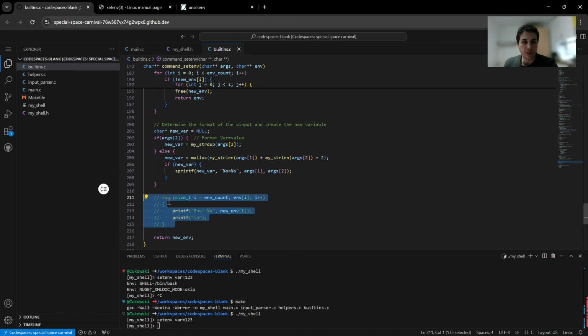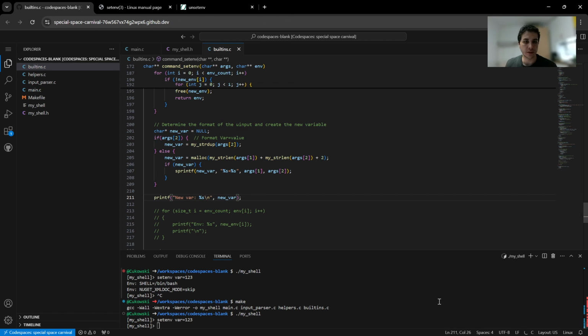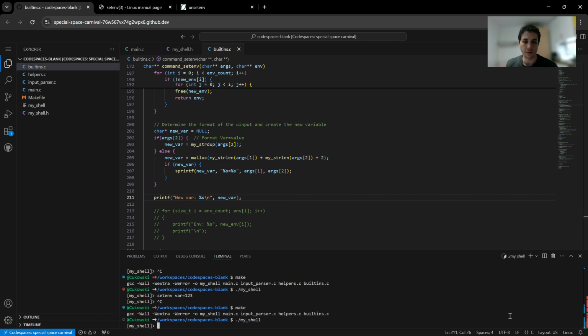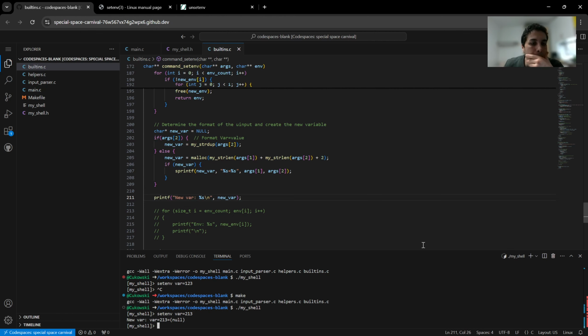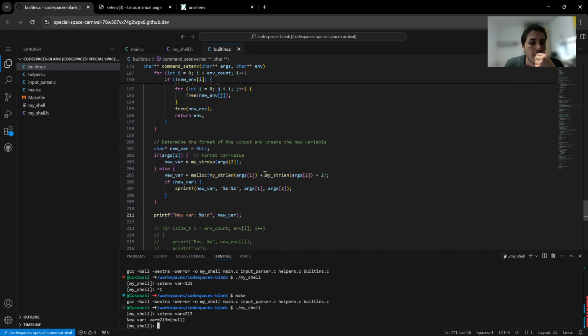Okay, I don't even need to print this. What am I doing? I can just printf new var %s and new var, of course a new line, set env var equals 1 to 3. Aha, our new variable is